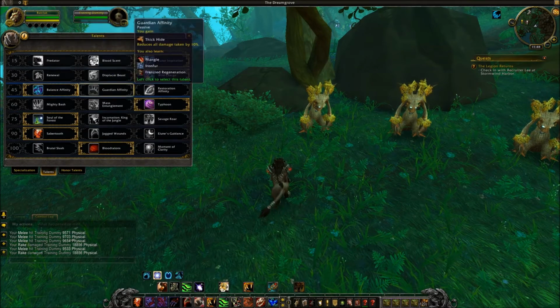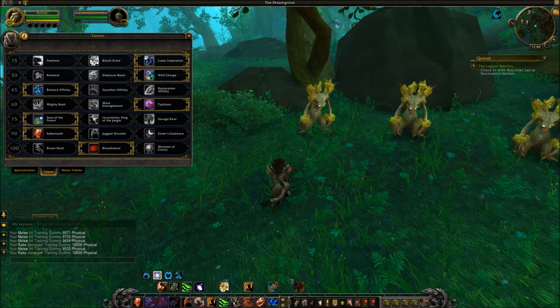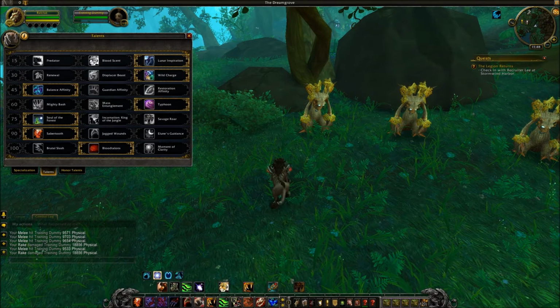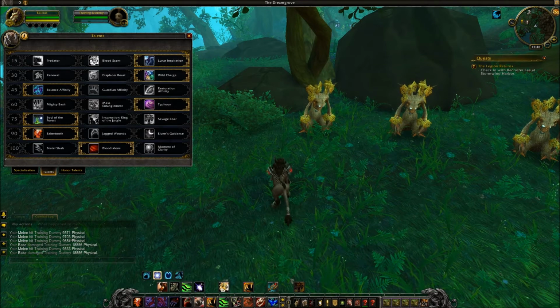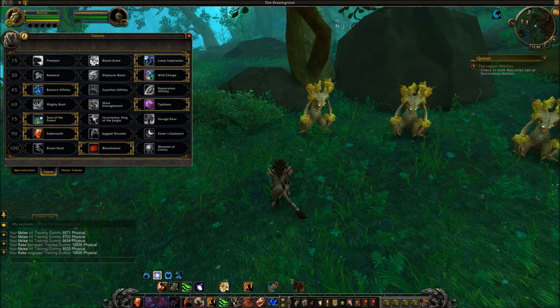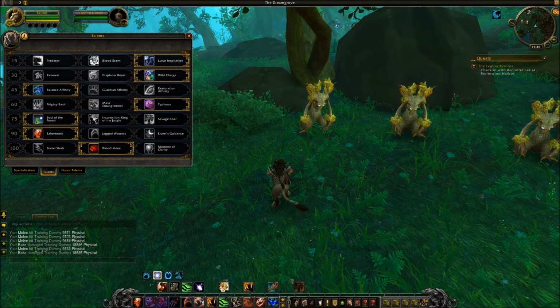So if you want to have Lunar Inspiration, Moonfire, Sunfire, and then all of your bleeds on the target, that could be something that you may want, but I'm pretty sure that in PvE that would end up being a DPS loss. I'm not quite sure. I'm not an expert in the mathematics behind what does the most damage in PvE, but this is basically what